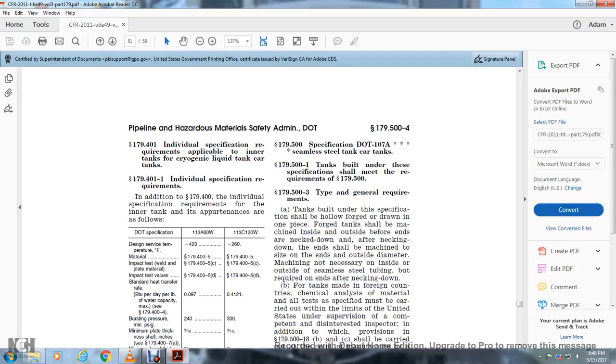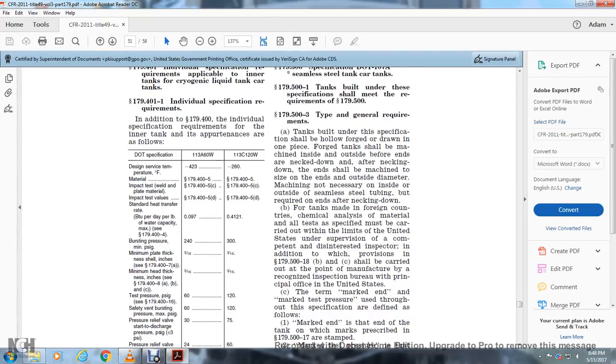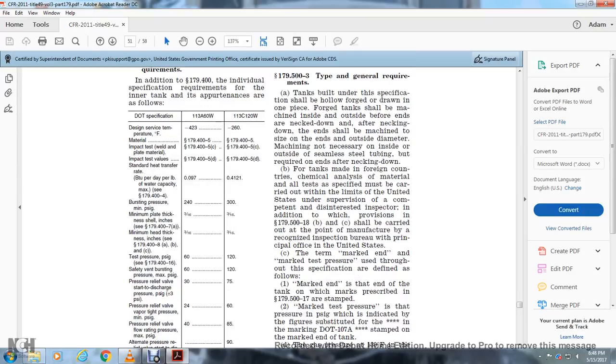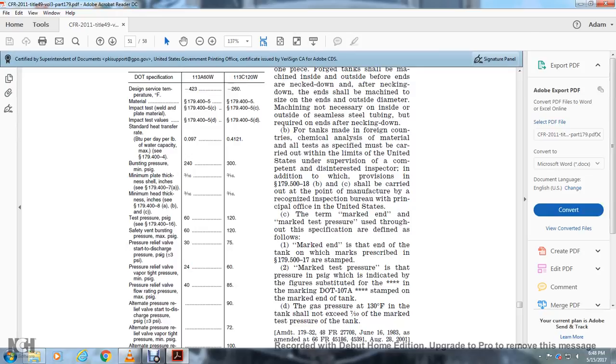per day per pound with the water capacity maximum, bursting pressure minimum PSI gauge, minimum thickness of the shell plate, minimum head thickness inches plate, test pressure PSI gauge, safety venting bursting pressure PSI gauge, pressure relief valve start-to-discharge pressure PSI gauge, pressure relief valve vapor tightness testing pressure PSI gauge, minimum PSI gauge, pressure relief valve flow rating